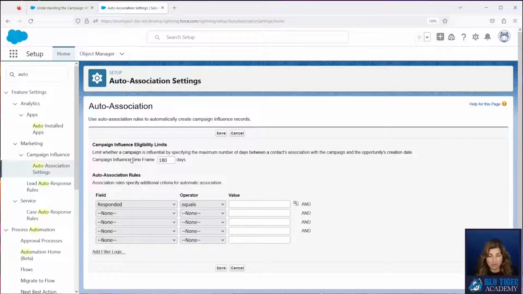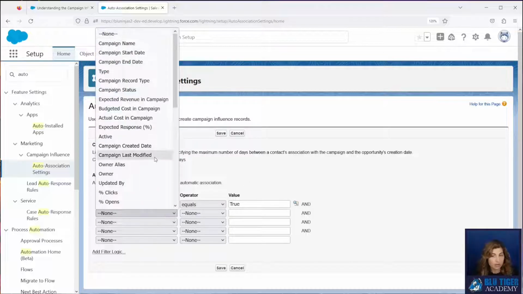We're going to use a filter of responded equal to true. Now we only want campaign influence records to be created for those campaign members that have a status where responded is equal to true, because this means that they actually engaged with the campaign. There could be other filters that you want to add.